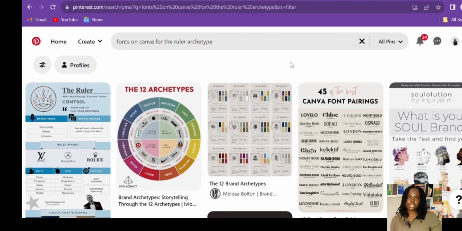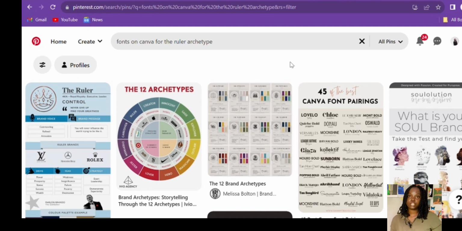Now, the next tool I want to introduce to you, if you don't know that already, is Canva. You can use Canva to create so many designs. You can use Canva to create your logo, your sales flyers, your packaging, your labeling, anything you want to design. This is if you don't have the money or resources to pay a professional graphics designer.